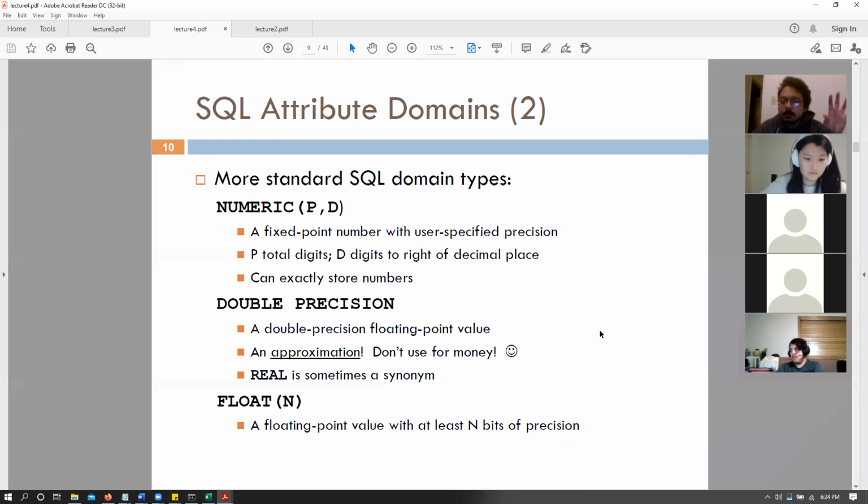We would never use double precision or floating point values for our money, because it is usually an approximation, and everyone sort of understands how a double value is approximated in your computer, right? So it is not an exact value.